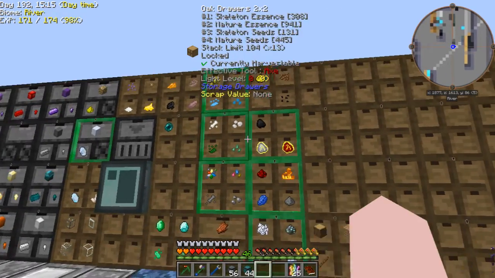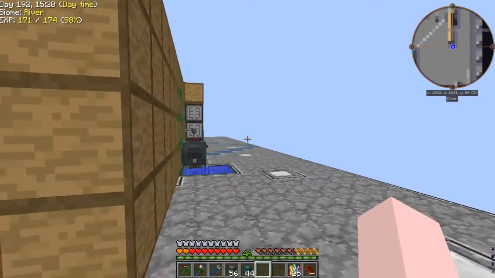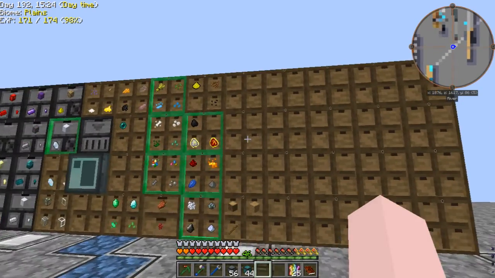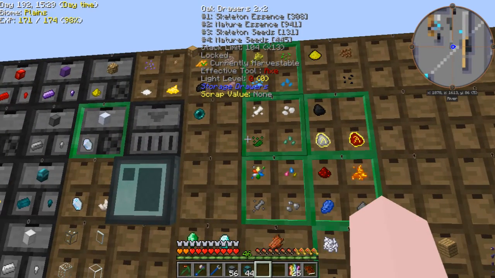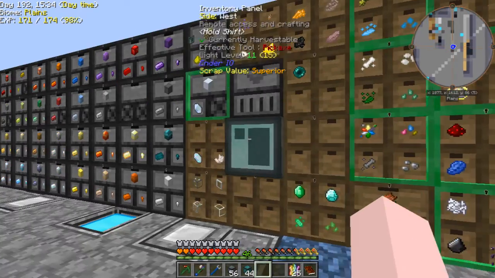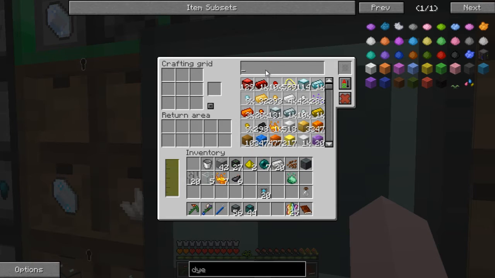From the controller, I can go 12 drawers over. I can put a set on the back as well if I want. I can go 12 drawers up. So my wall of drawers can be quite big. And drawers are really... Let's do it in here. Actually...